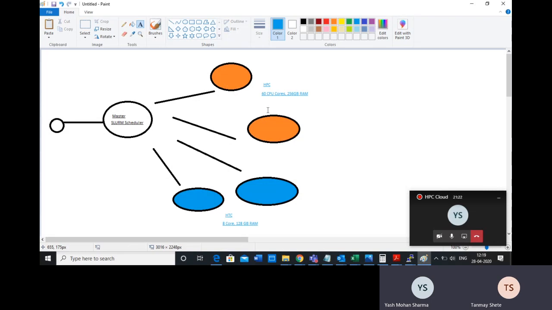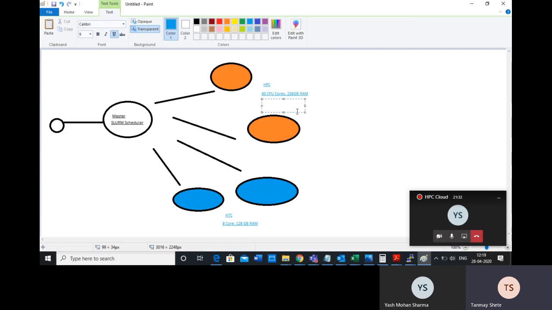There is another value in the HPC, that you can go even beyond 60 cores. What I mean here is that there is a protocol or tool called MPI. Have you used MPI earlier? No. So MPI is a tool where two machines can come together to solve your problem.